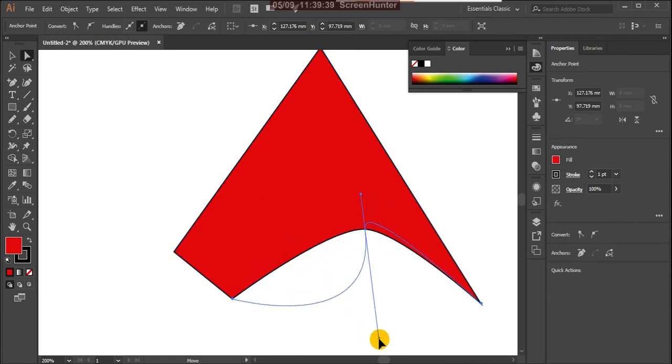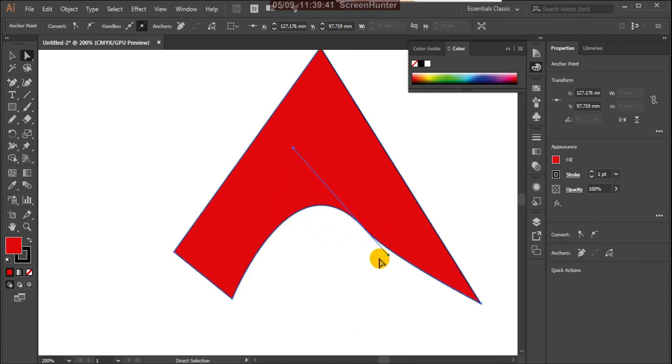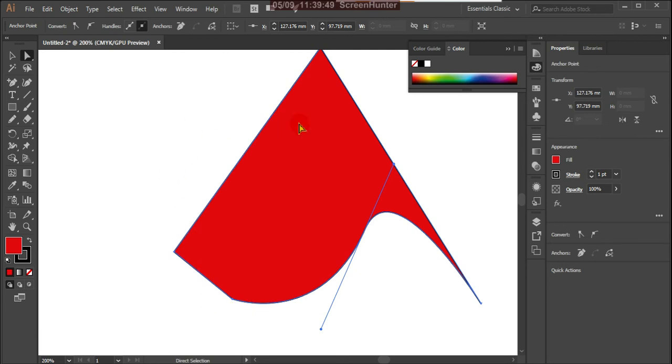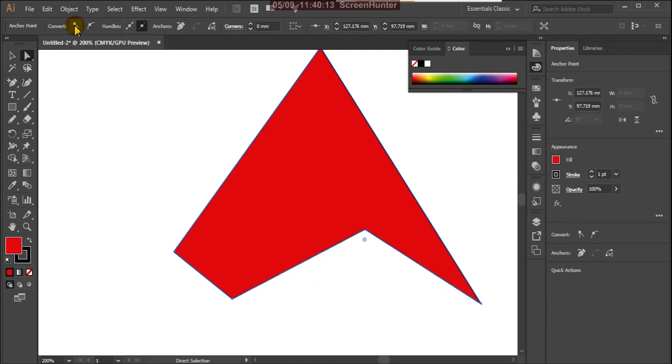Now these are the handles. Both side handles are there. Accordingly, as per your requirement, you can change this shape. Okay, so with the pen tool you can draw how you want. With the add anchor point tool, you can give an extra point where you want. You can select that point and convert it into a curve or straight line. Suppose here again I want a straight line, just click on this, so it is converted into straight.